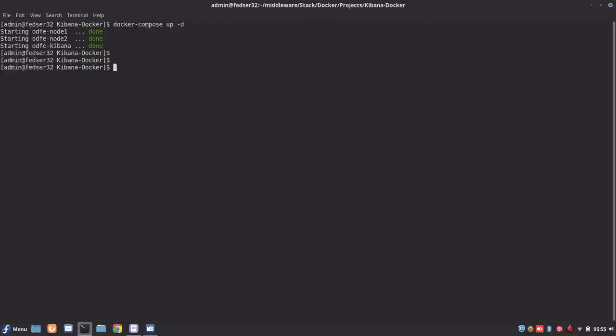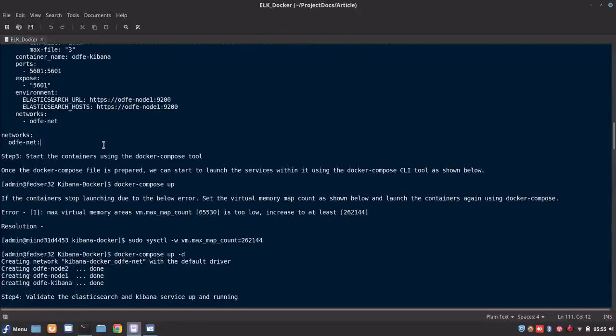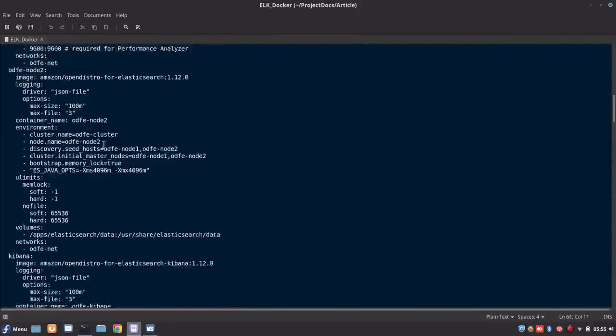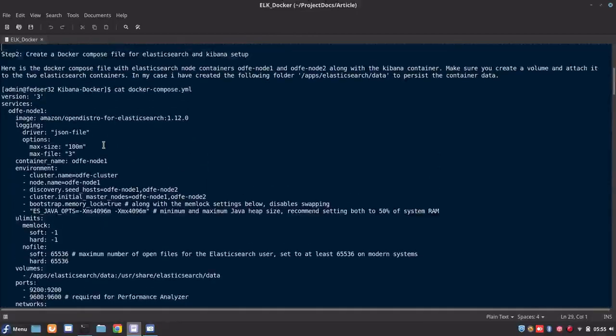We can do it in this way: docker-compose logs -f and the service name. So basically my Docker service names are ODFE node 1, ODFE node 2. So let me verify the logs for ODFE node 1.